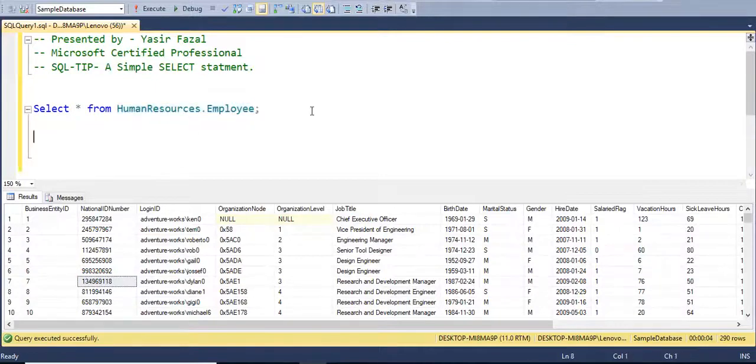But if I have to use only one table, I may need only 2 or 3 columns. Let us suppose that I need national